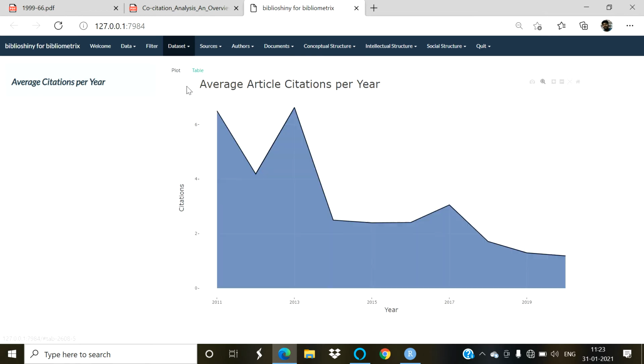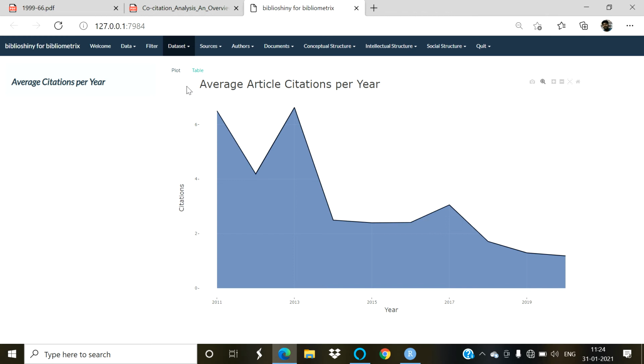Another feature is average article citation per year. This chart is also quite similar to the previous one, but in this section, the information provided is the average citation per year of that particular field of research.